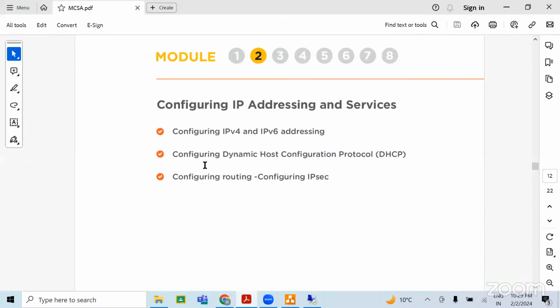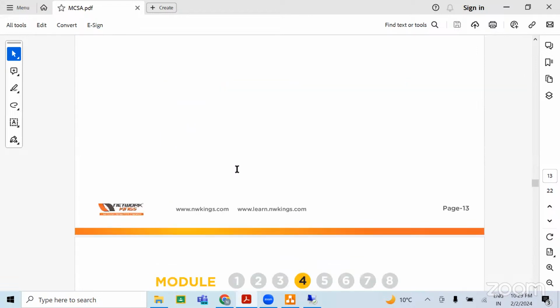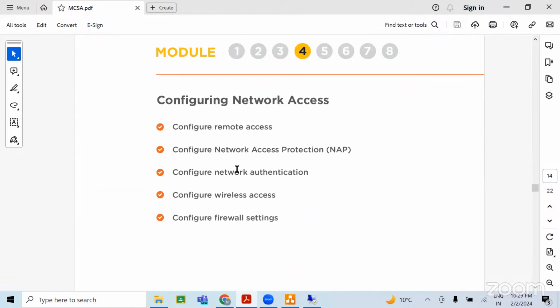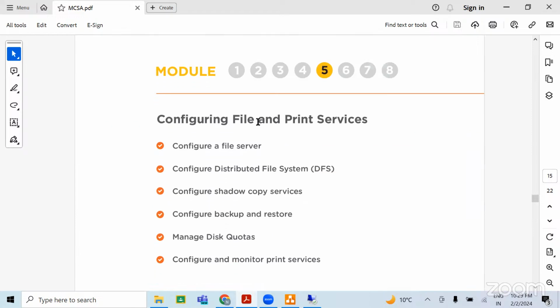Okay, let me get back to the topics of MCSA. So DNS, and then we have some network policies, basically VPN, network radius server, network policy server. All right, so we will cover these. And then file and print services.